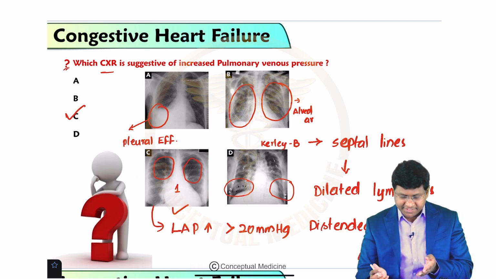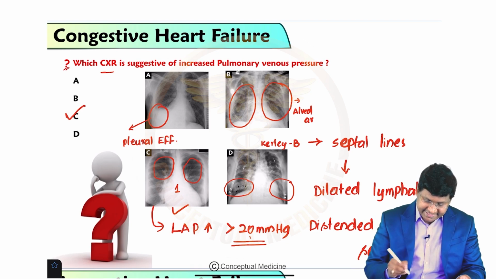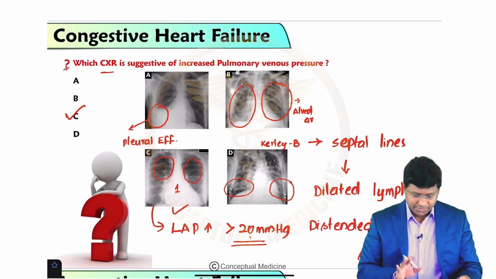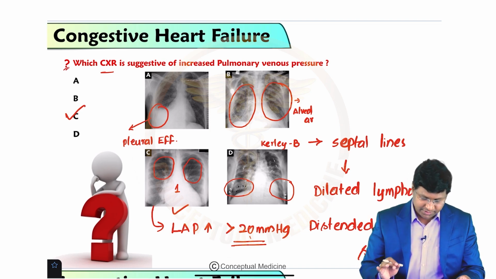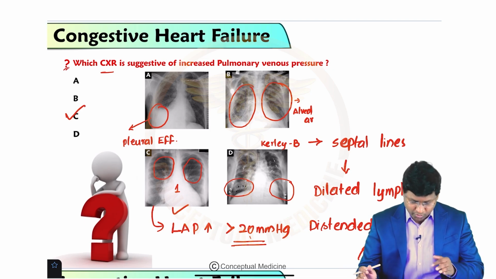Right, when the left atrial pressure is increased to more than 20 millimeters of mercury, that is the point when there will be upper lobe venous distension. Right, now after having discussed the chest X-ray picture in patients with congestive heart failure, going back to the question,